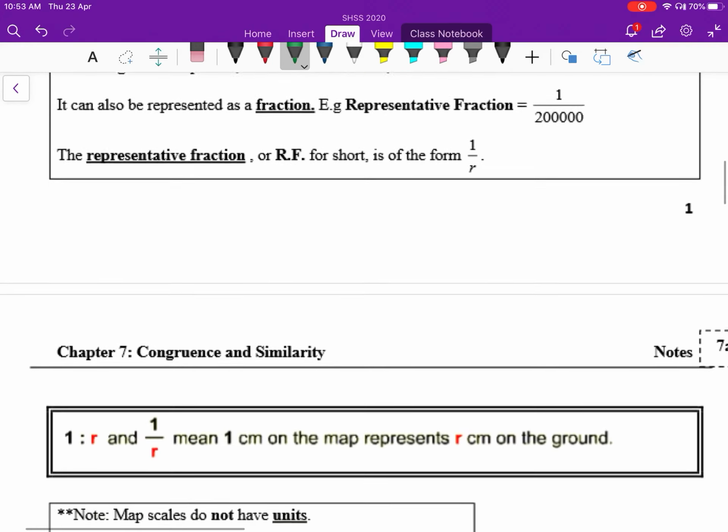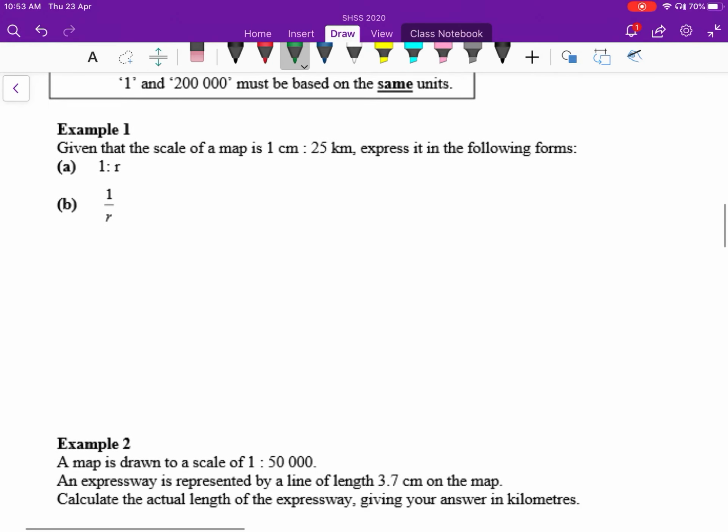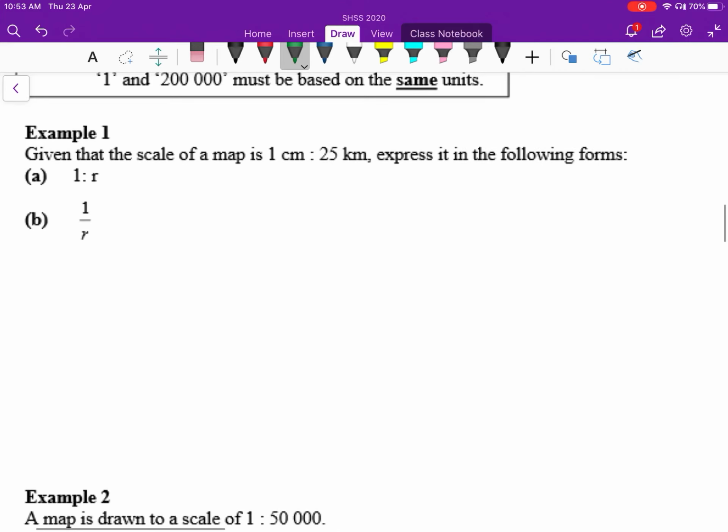Alright, next. Let's take a look at example number 1. Given that the scale of the map is 1 cm is to 25 km, express it in the following forms. Very simple. 1 cm is to 25 kilometers. You just have to change both to centimeters. On the left is already centimeters, so you can just change the right to centimeters. Times 1000 will give you meters. Times another 100